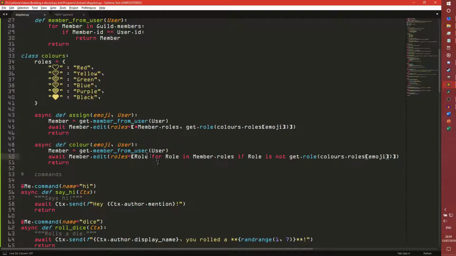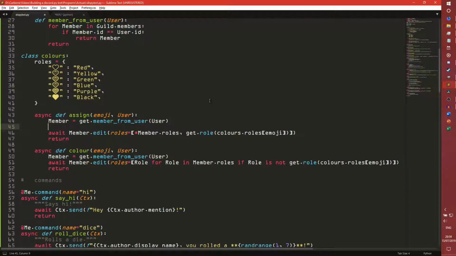But yeah, that will essentially just create a new role. This will create a new list of all the roles that the member has that isn't the color role and get rid of it. What you can do in the assign is you can actually set a little thing to stop them from doing it or replace the role. So for